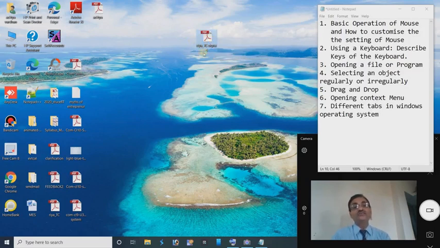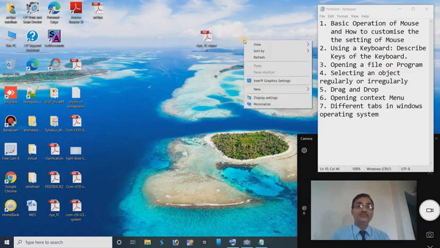That is why in the Windows operating system all files and folders are represented by icons, and all these icons are treated as objects. Because it is an object, we can move it, because an object is that which can be moved. So now we are moving the icon on the desktop from one place to another place. Again, if we require to change the setting, then we again have to right click on the blank area of the desktop.